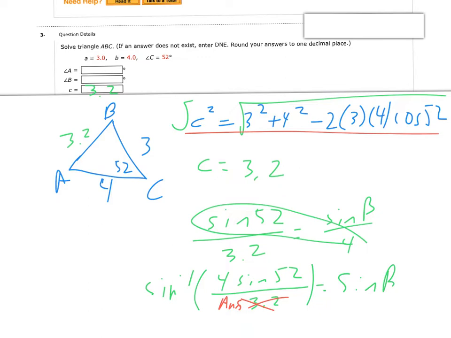That previous answer here. So we're going to go sine inverse of 4 sine 52 divided by, and then I use the answer button on my calculator. It is kind of the second and then negative button. And that's going to tell me that this comes out to 80.3. So a little bit of a challenge there